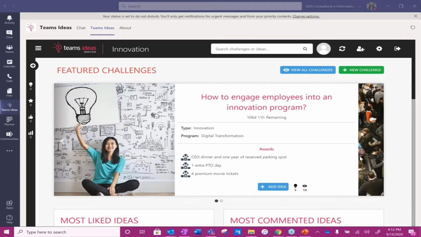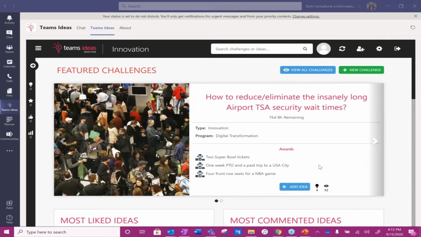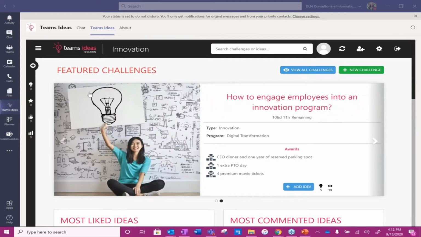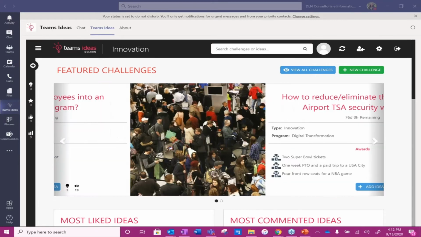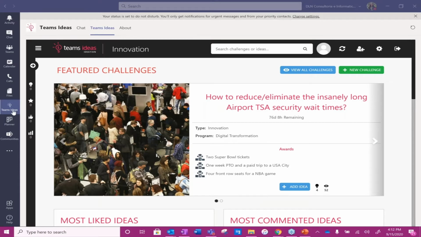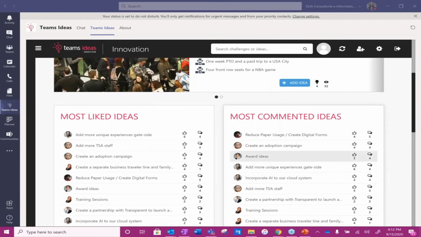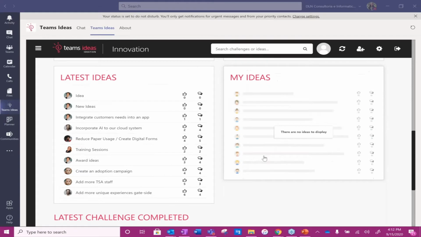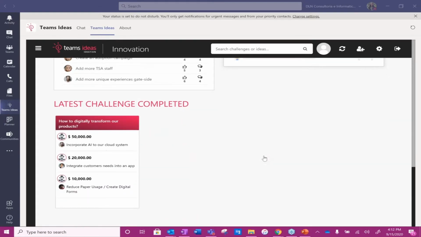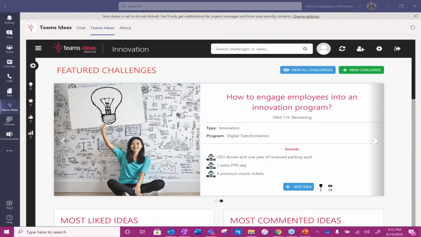Real quick, I just wanted to provide a brief demo of our tool Ideation. So this is the one that's for free that I was just talking about. You can see here that I'm accessing it within my Teams. So it's an app over here pinned on my left taskbar. So you can see the different challenge campaigns that are scrolling here on the home screen. You've got your most liked ideas, most commented, your most recent ideas, and your latest challenges completed. It's as simple as creating a new challenge,